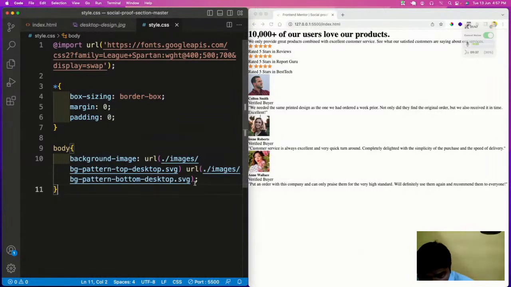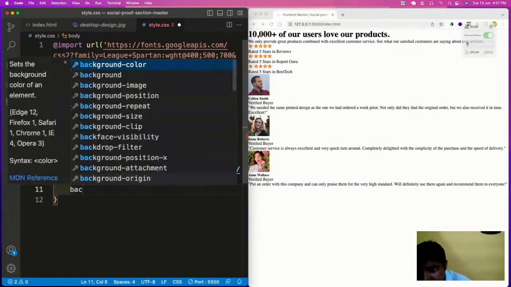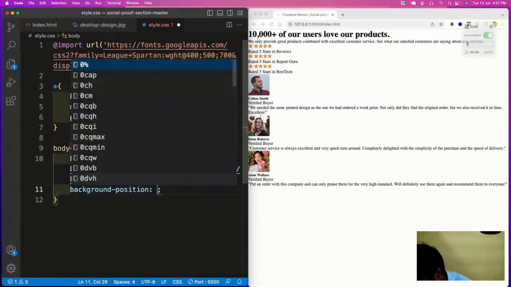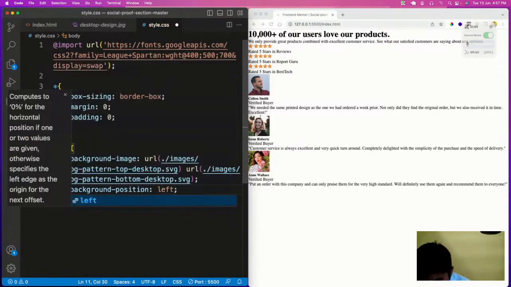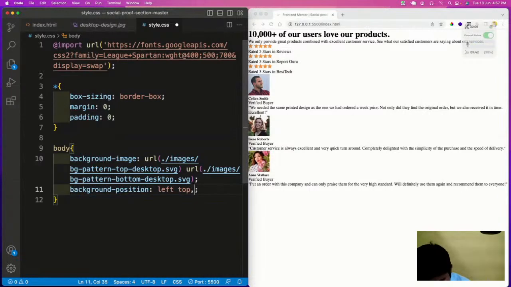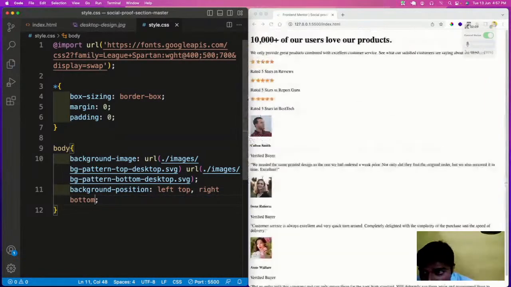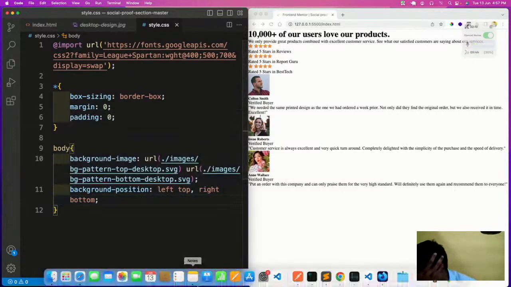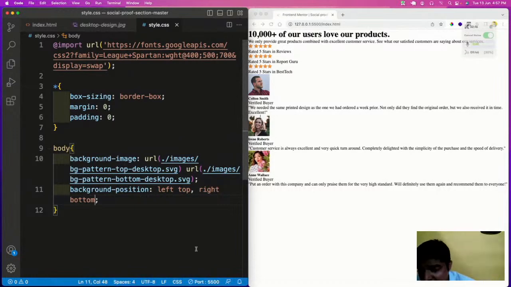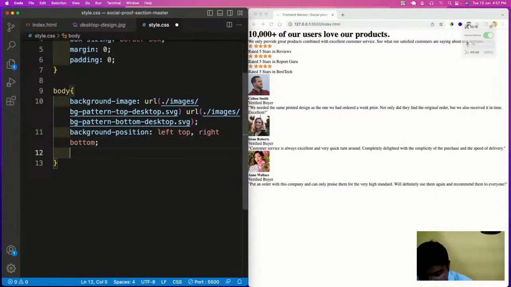Okay. Now you will place this background position: left top, and right bottom, left top, and right bottom. We have placed. Now we can have the next thing here, which is the background repeat,